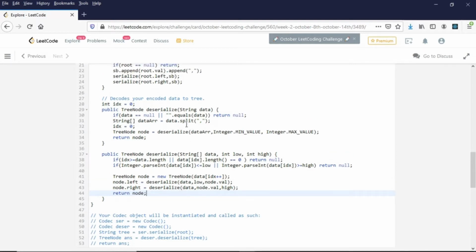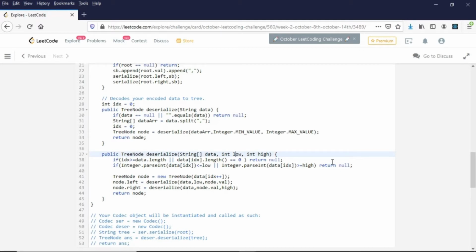So let us see whether we have taken care of all the conditions. Here if the index is greater than the data dot length or data of index dot length equals 0, then return null. Then I am doing Integer dot parseInt of data of index. We are doing parseInt because this is a string array and we are comparing with int low and high values.